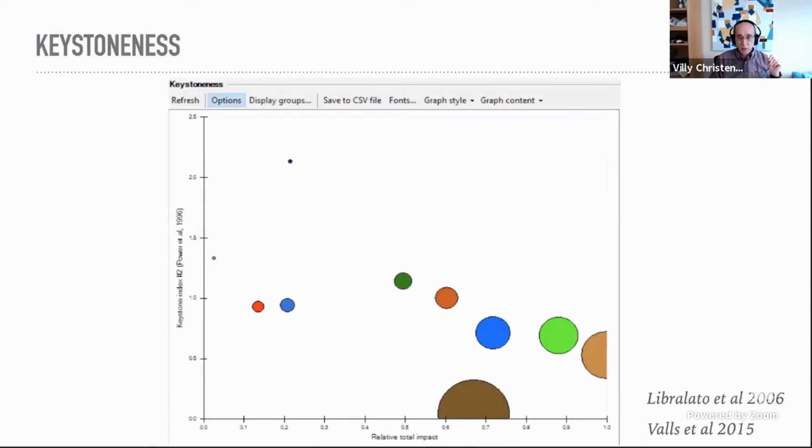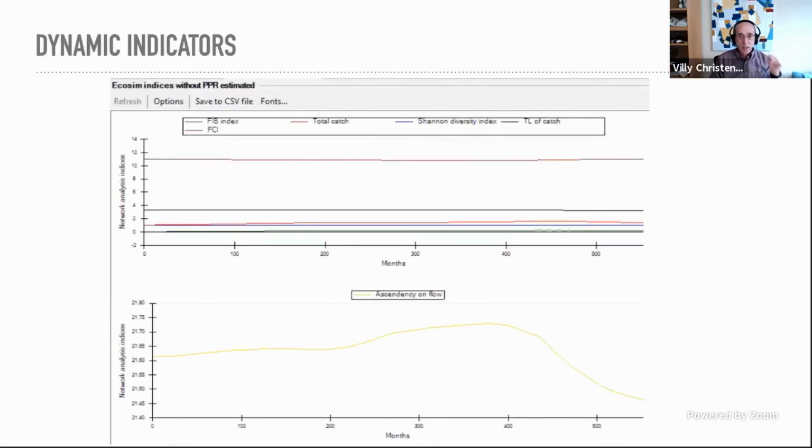There's keystones. Not all species, not all ecosystems have keystones. There are 4 different measures for how to calculate that in Ecopath. That's another little area. And dynamic indicators is a pretty neat thing. Most of those who work with